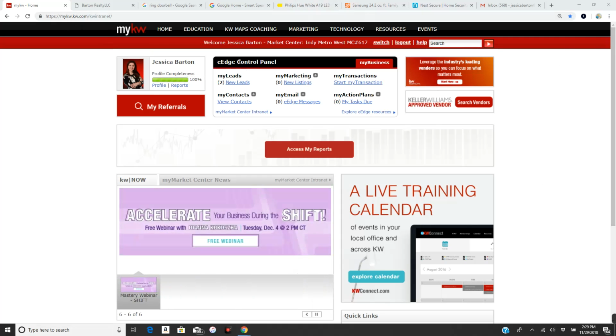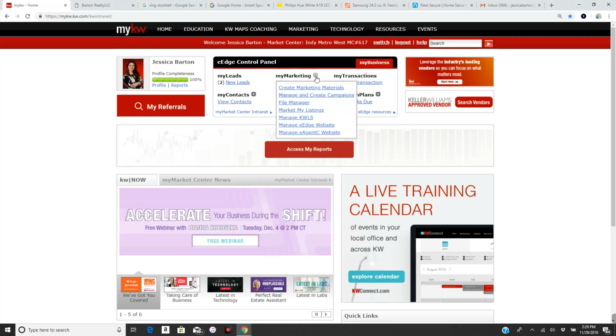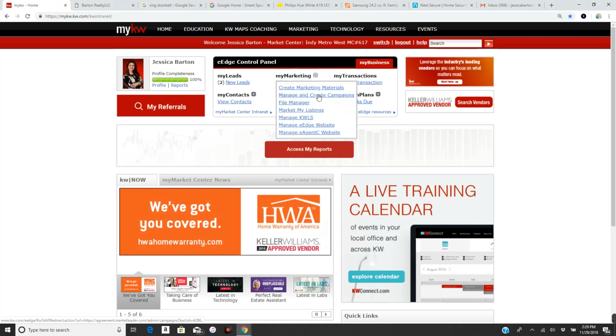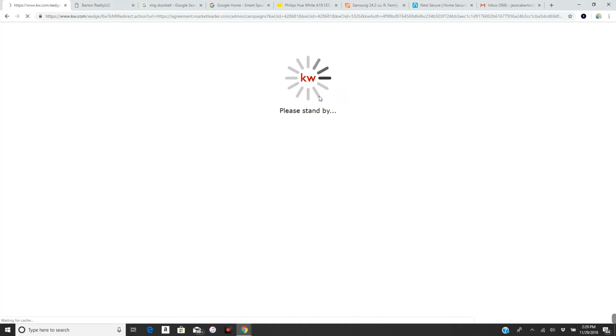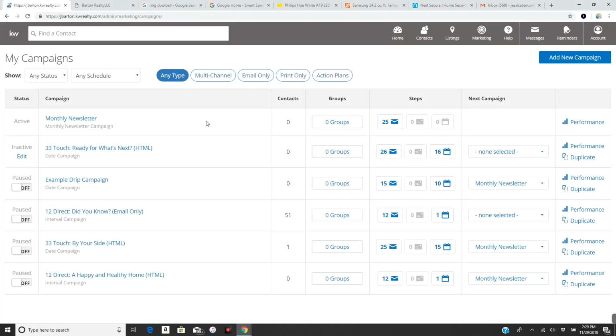All you're going to do is come right down here to where it says eEdge Control Panel, and hit this little plus button next to My Marketing. Second one down, Manage and Create Campaigns. We're going to go ahead and go into that. Now this is where you're going to see all of the campaigns that you have set up. So there's already some templates that are automatically uploaded in here that you could use, or if you wanted to